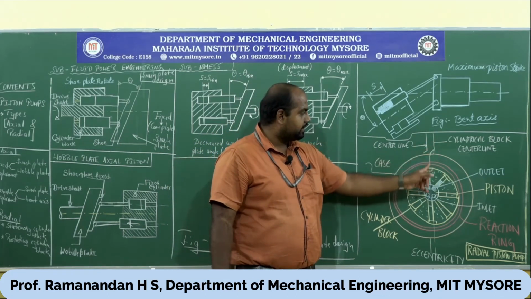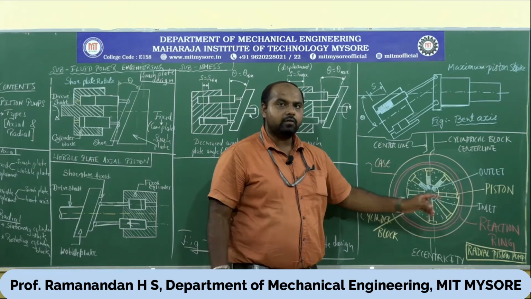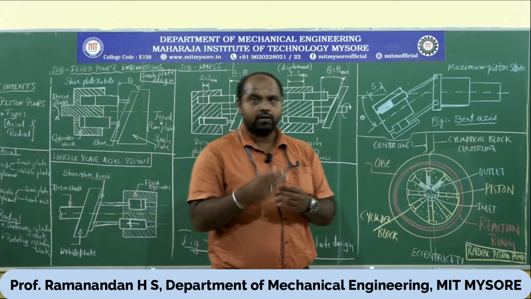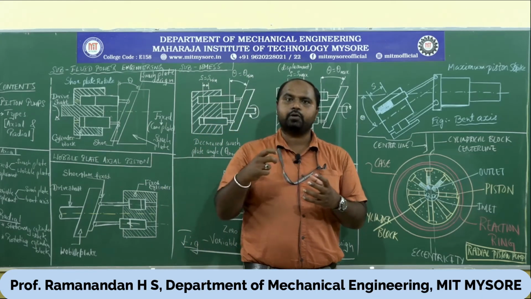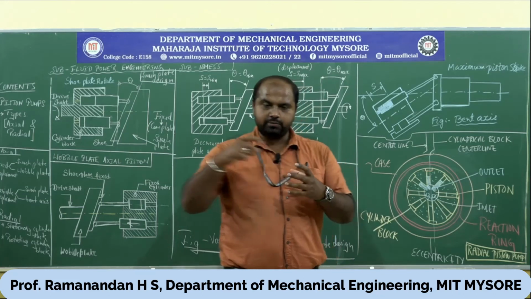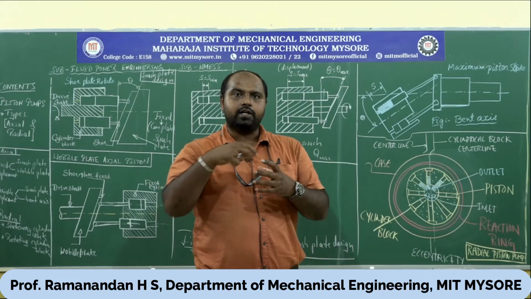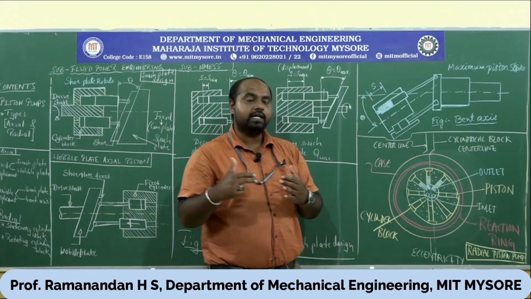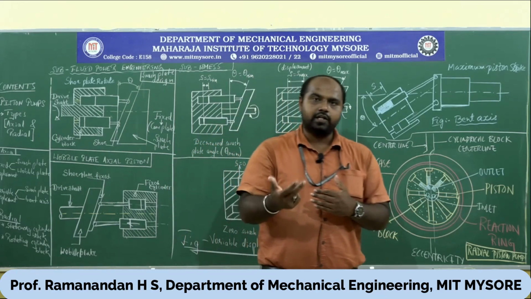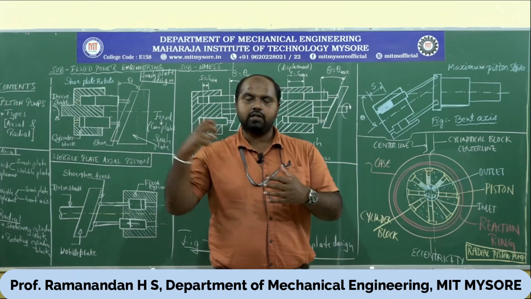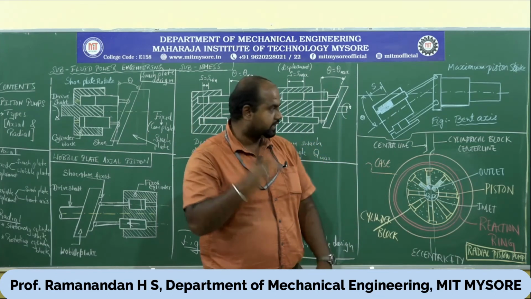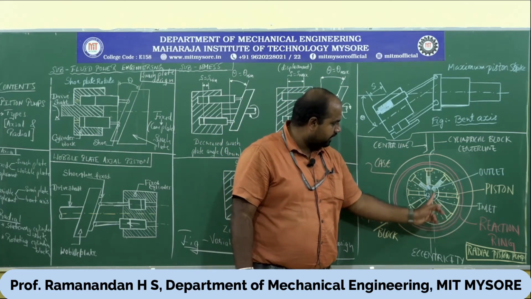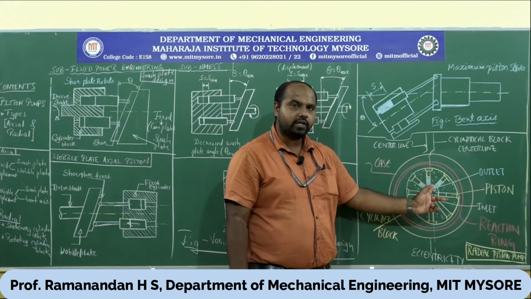The center lines vary, because this eccentricity gives the force required for suction of fluid in the reciprocating pump. The reciprocation of the piston is generated because of this eccentricity. This eccentricity gives the force for the cylinder block to rotate and create the suction of fluid. So this eccentricity plays a vital role here. Next comes the pintle. This is the inlet and this portion is the outlet.